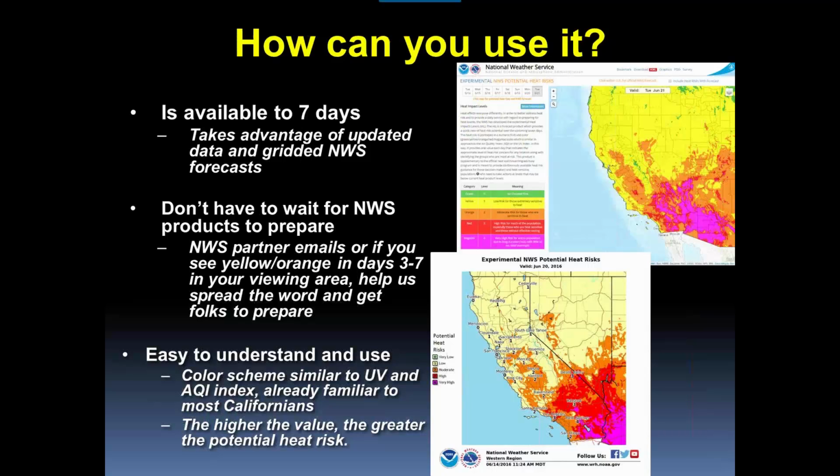The other thing, in the legacy world of weather service, we typically wait to pull the trigger on these things in the first 2 days. Watches, of course, are beyond that, but this is something you guys can use. Hopefully we will be messaging if we're seeing heat potential in the next 7 days. We'll do that with our partner emails. But this is a way for you guys, from those partner emails, to go in and say, hey, is this impacting my viewing area? If not, okay. If it is, it's another way for you to help message that a lot of graduations are coming up.